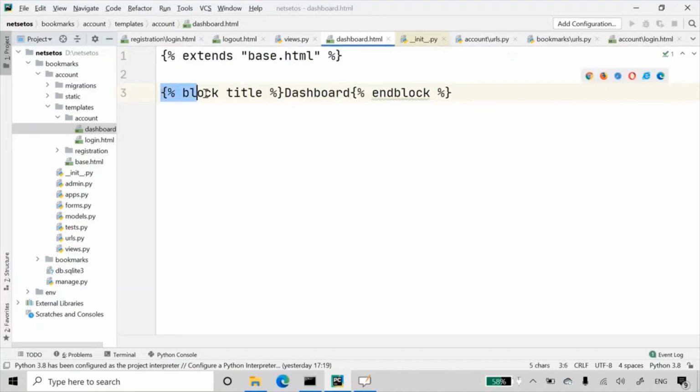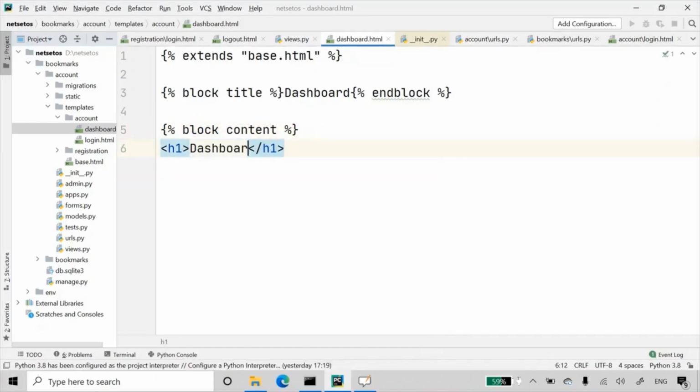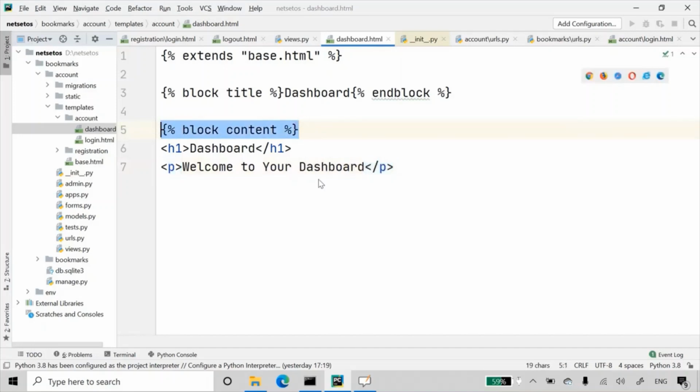Here we have block title. Now we need to create block content. For block content, we should have dashboard in our h1 tag, and here in p tag I'll write welcome to your dashboard. Let's end this